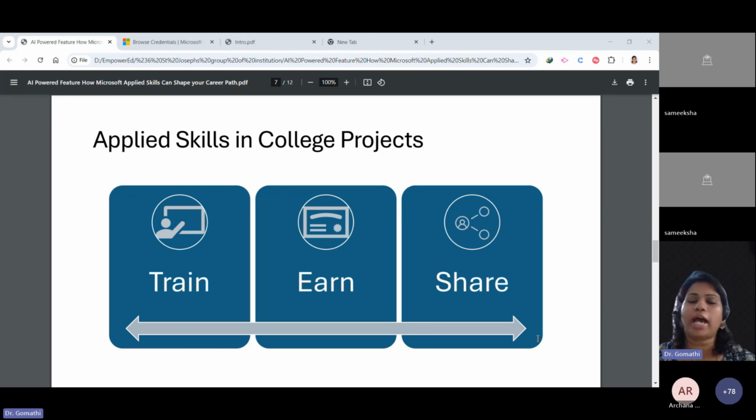Can anyone just share your dream company? What is your dream company? In which company do you want to get placed? Everyone can share. You can send a message here. Freshworks, good.